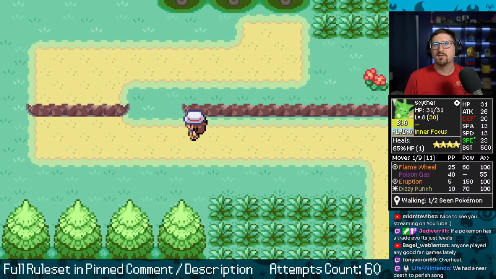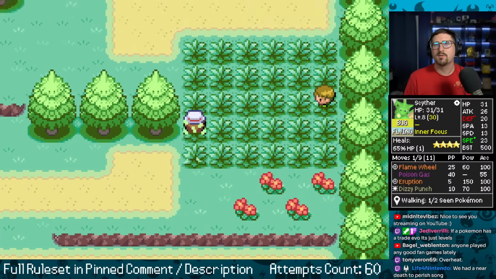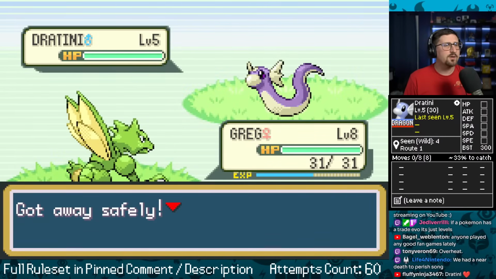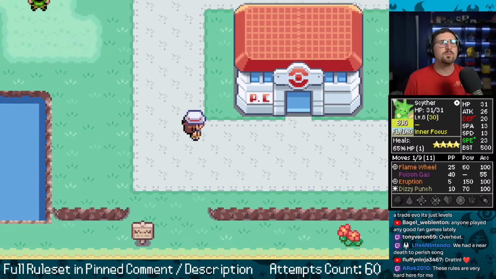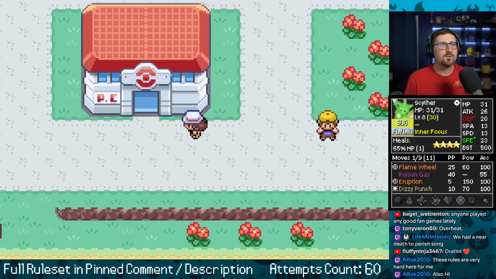Hook's gonna give me my balls. I'm gonna run up. Wow, no encounters all the way through. That's rare. Whoop. Let's see how it goes. Dratini, my beloved. It's funny, some sprites are so beautiful in FireRed LeafGreen, and then some of them are just so nasty from the back.